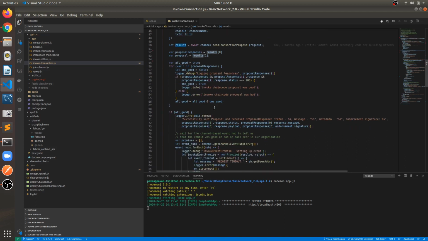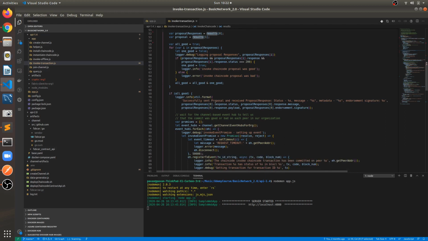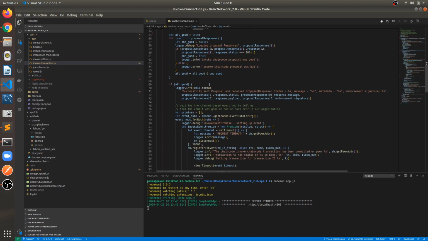Here we will get all the responses, we will check again. Just before some time I explained that client waits until it gets sufficient endorsement response as per the endorsement policy. Let's assume we have 3 endorsing pairs and endorsement policy says that at least we should get 2 endorsement responses. So client waits until it gets at least 2 endorsement responses, and once all the endorsement responses we got,